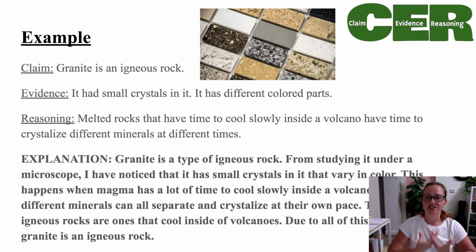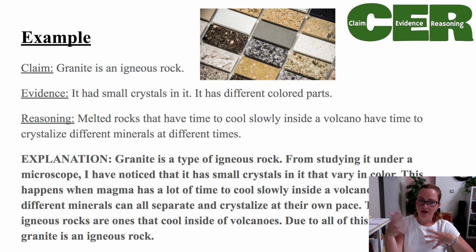And because granite has crystals in it and different colors, it had to have a long time to crystallize. Otherwise, it would all just be like one gray blob, which is how a lot of rocks look. So to put together my claim of granite being igneous with my evidence about the crystals and colors, with my reasoning of why it has the crystals and colors and what that has to do with granite,